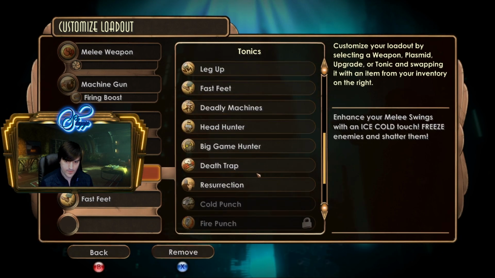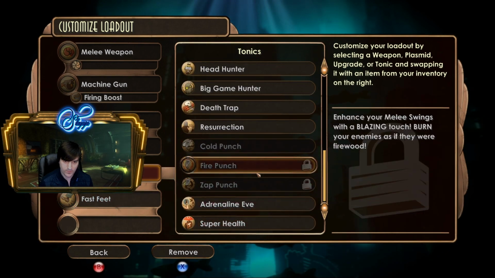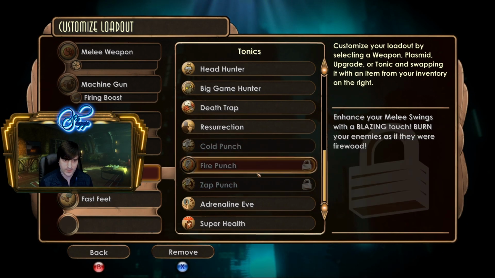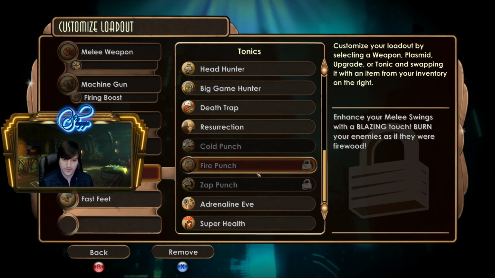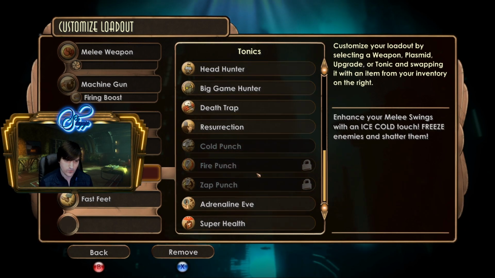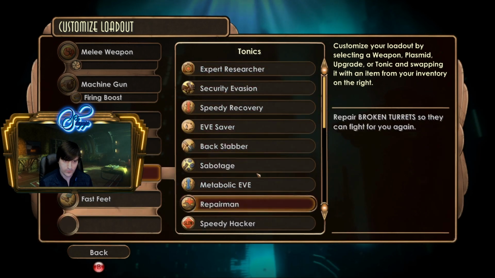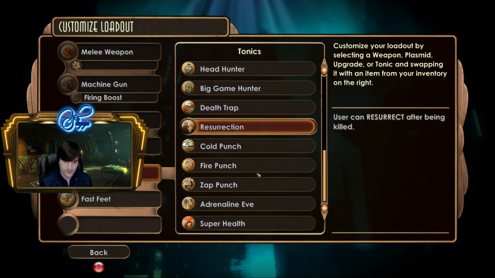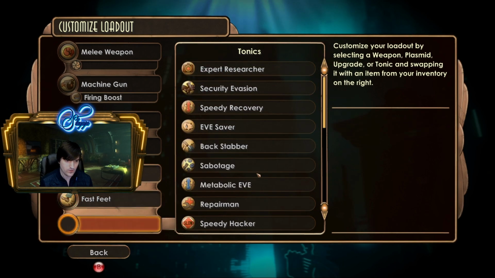We'll show off Cold Punch. Oh, another thing, these melee tonics, the Cold Punch, Fire Punch, and Zap Punch, you can only select one at a time, because normally if you were to select two, it would crash your game, but Tempest programmed in a lock so that once you select one, it disables the other, so you can only select one at a time. So I have Cold Punch equipped right now. If I wanted to select another one, I would press X to unequip it, and then I'd choose Zap Punch. If I don't want to use Zap Punch, I could use Fire Punch. But for the sake of this demonstration, I'm going to use Cold Punch, and